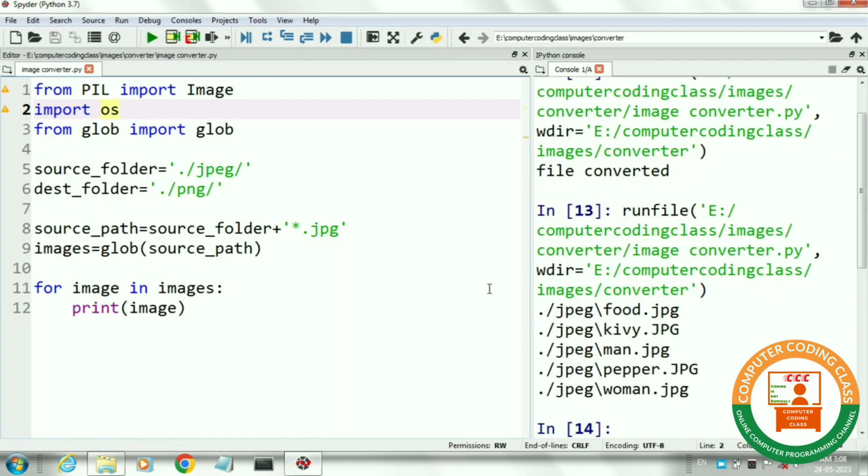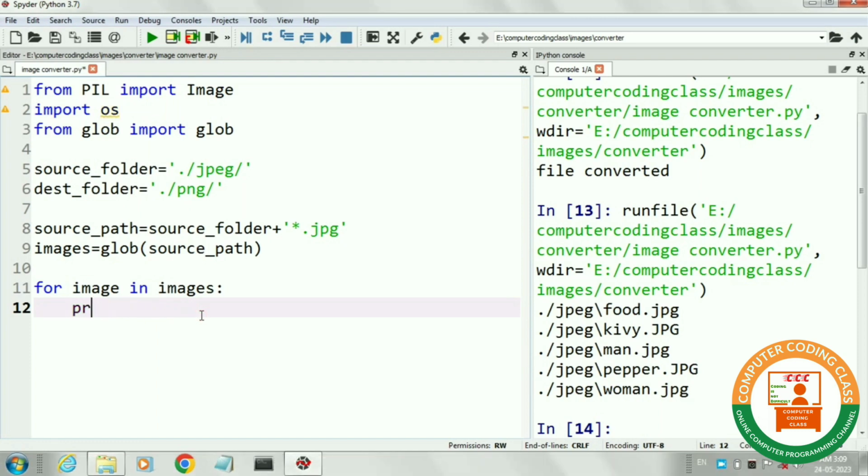In the output window, it is showing the full path of all 5 JPG images which we will convert into .png. Next, I will erase the folder name from all these paths. It means I will print only the file name with extension like food.jpg, kiwi.jpg, man.jpg.